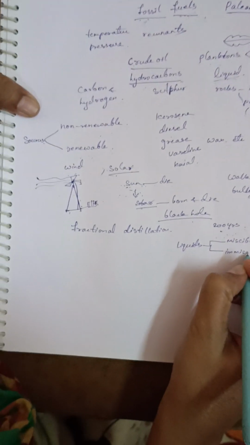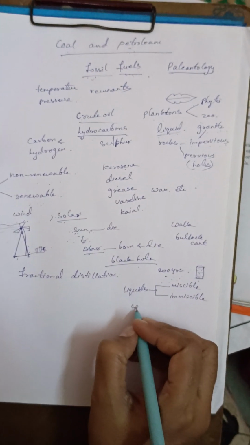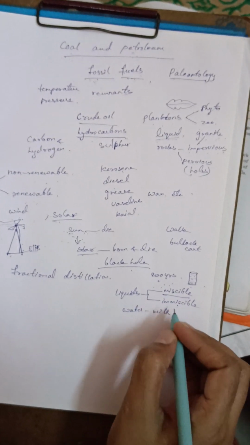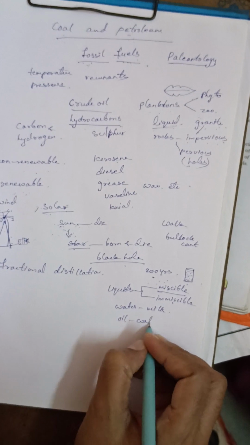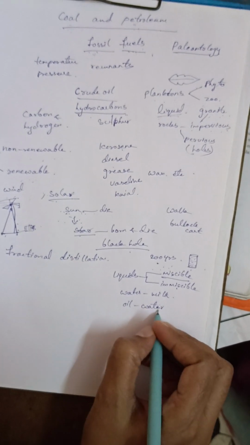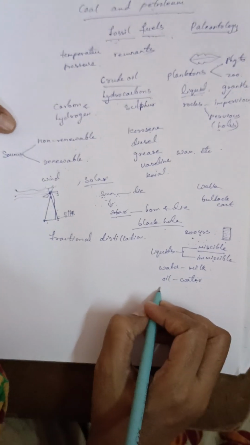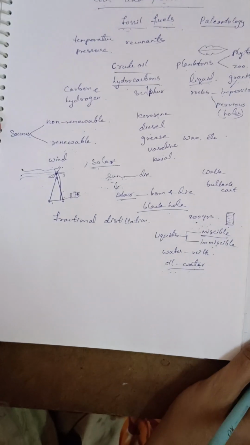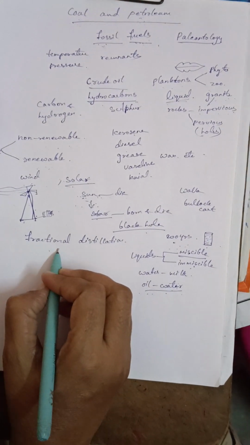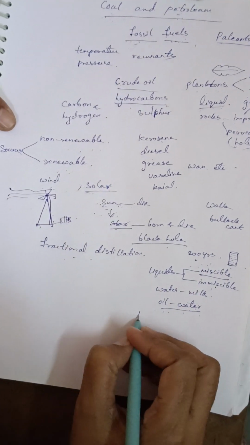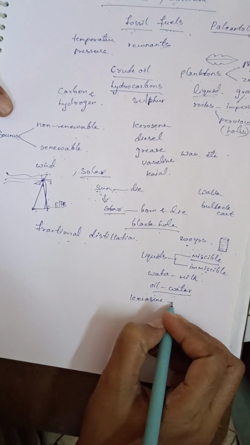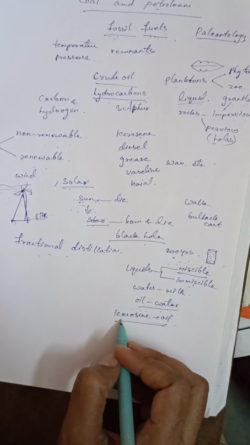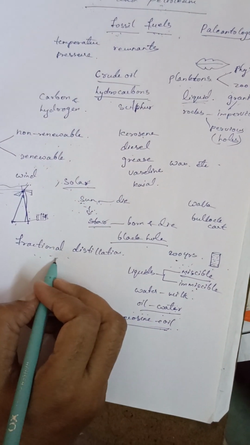Miscible liquids and immiscible liquids. For example, if you mix water and milk, they get mixed easily. So this is an example for miscible liquid. For immiscible, if you mix oil in water, can you mix oil and water? Cannot, because oil will be floating on the water, because the density of water is more compared to oil. So oil floats on water. These two liquids are called immiscible liquids. Anyway, when we are separating two miscible liquids, suppose kerosene and oil you mix, they will get mixed easily. So they are the example for miscible liquid. For the separation of miscible liquids, the method followed is fractional distillation.